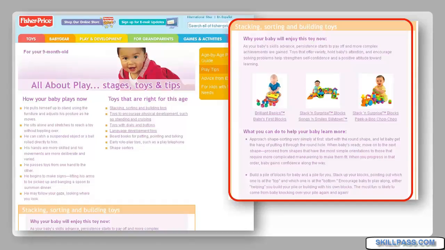And so what Fisher-Price is doing is they are using content to become the experts in how children play and how you as a parent or grandparent can enable them to grow and learn and excel. They're selling confidence, not toys. And it's a wonderful way of creating that emotional connection.